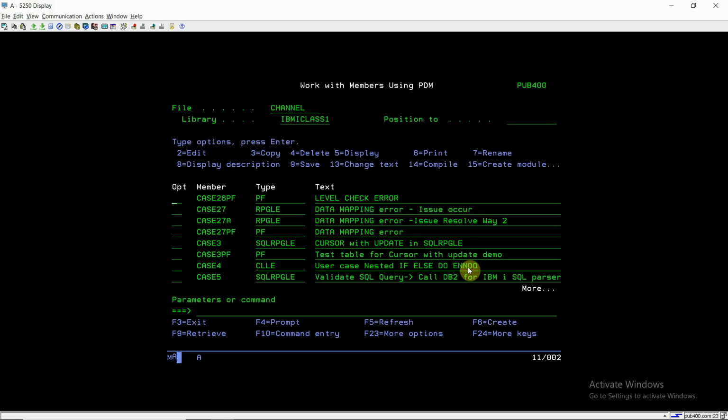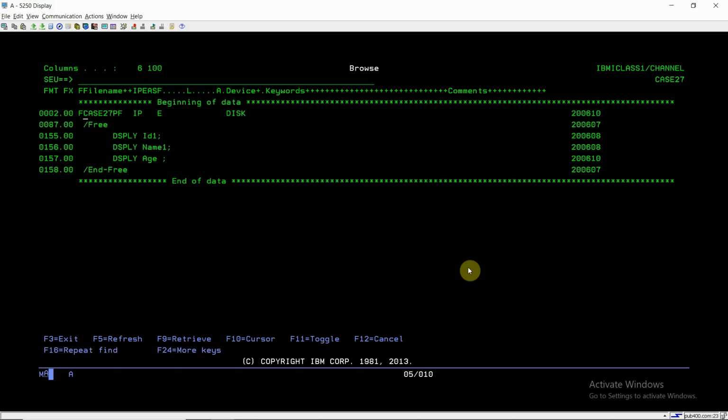So when I am reading this file, for example in my program in input mode or any other mode, I mentioned here input primary mode, so that I won't be using the read opcode here. And then I'm displaying the values id1, name1, age directly from the file. These are the file fields, and I'm directly using those file fields to display the values.